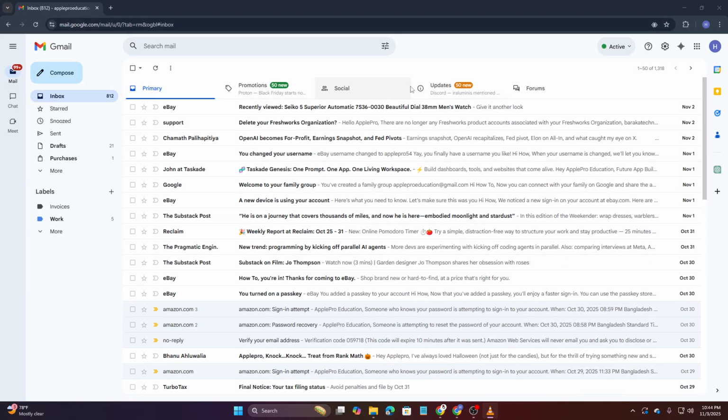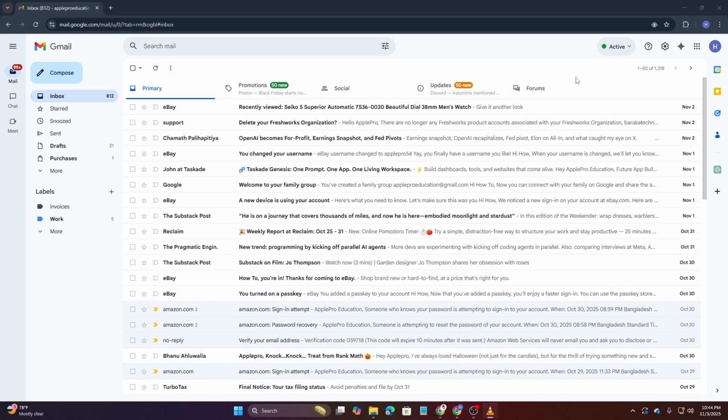Are you tired of messy inboxes and confusing labels in Gmail? Today, I'm going to show you a simple trick that can instantly make your email more organized. How to change the name of a label in Gmail. This is a quick adjustment that can improve your workflow, whether you're managing multiple projects or keeping your personal emails